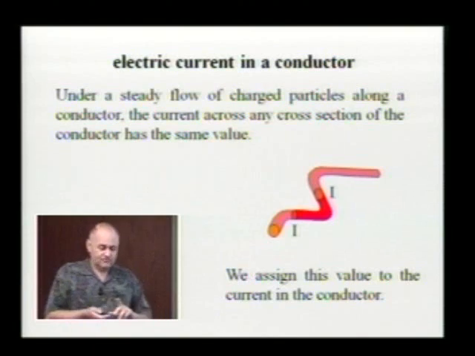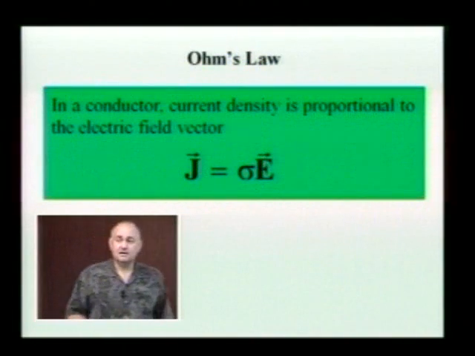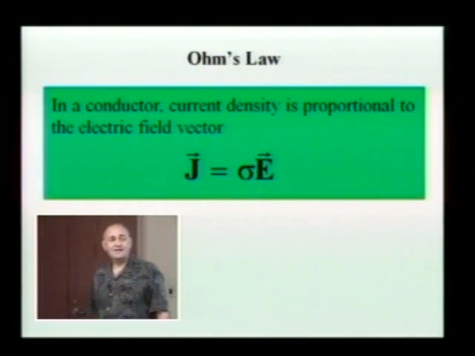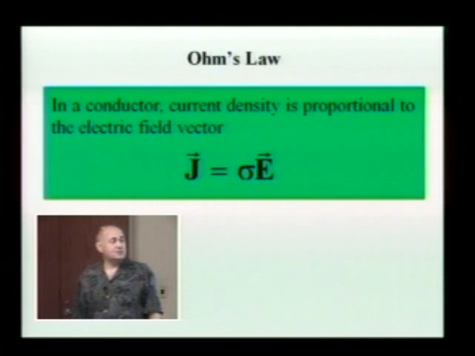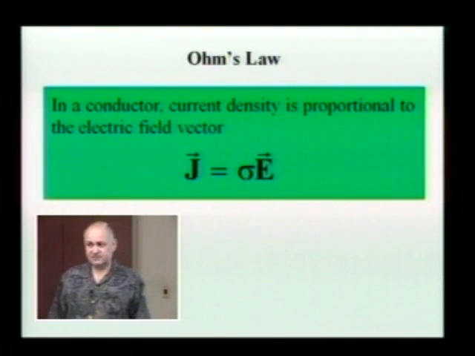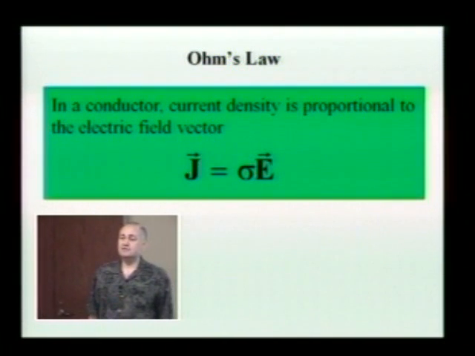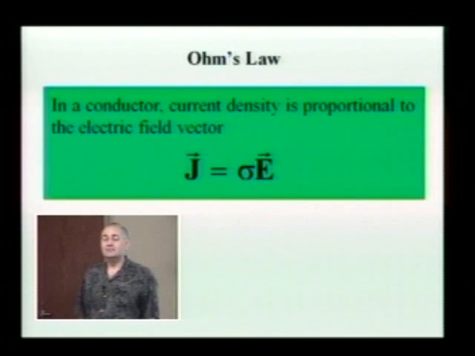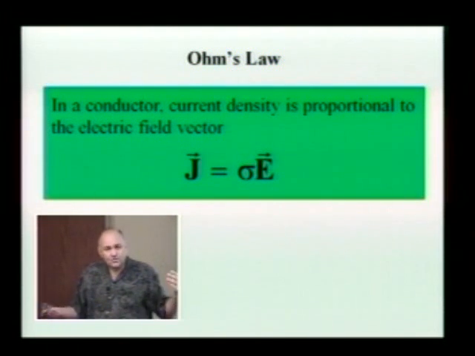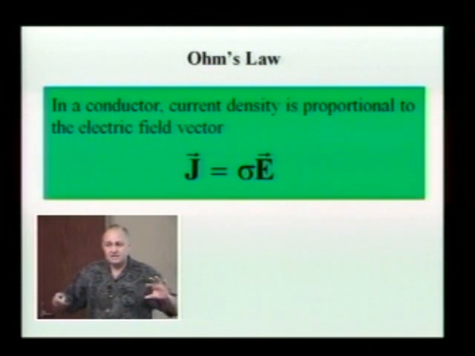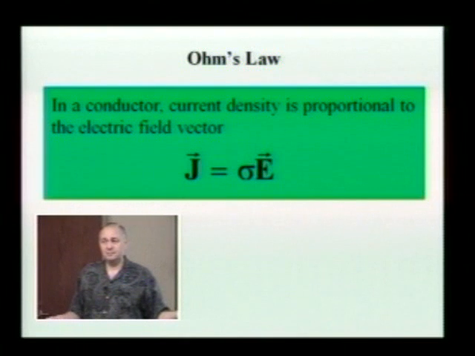Well, now in order to force this current to flow in a substance, we have to push it. We have to create an electric field inside that wire in order to make that current flow. If you recall that simulation which I showed yesterday, if we didn't have something pushing charged particles, the lattice of the substance will simply eventually stop it. It will be